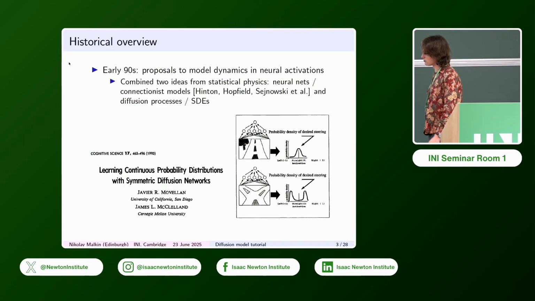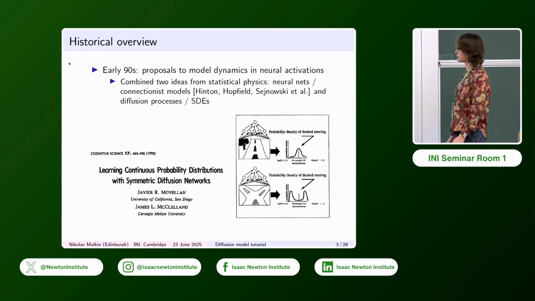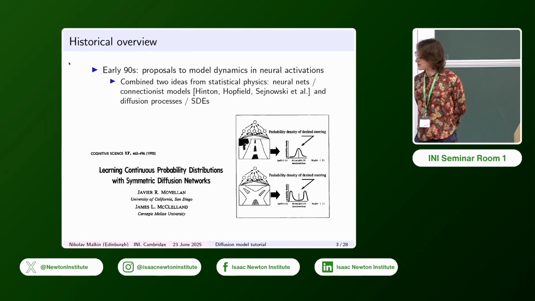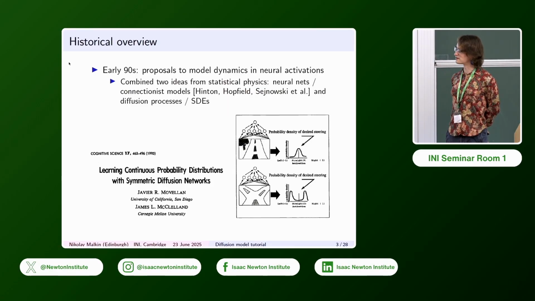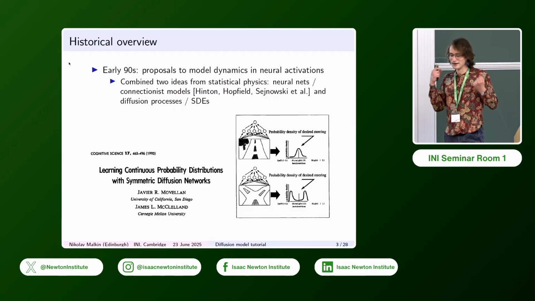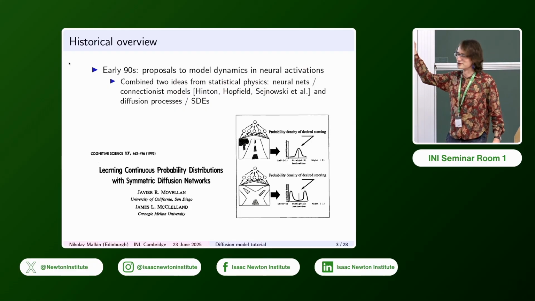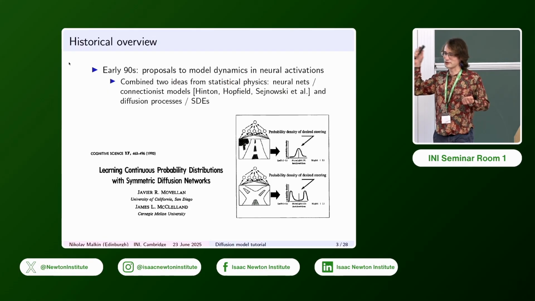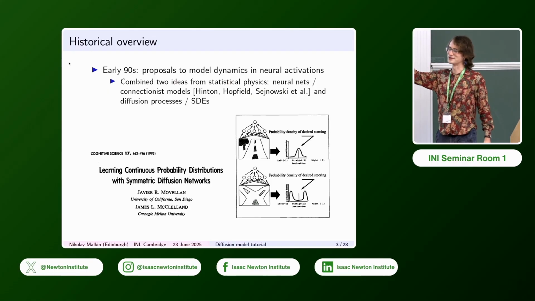Perhaps the first work that talked about diffusion models in a form close to how we think of them now is from 1993. This paper is really fun. It's by psychologists or cognitive scientists, and they talk about how when the brain decides what action to take, say whether to follow this road to the left or to the right, it has to model the multimodal distribution. Because if you just regress to the mean, you'll end up going straight into the